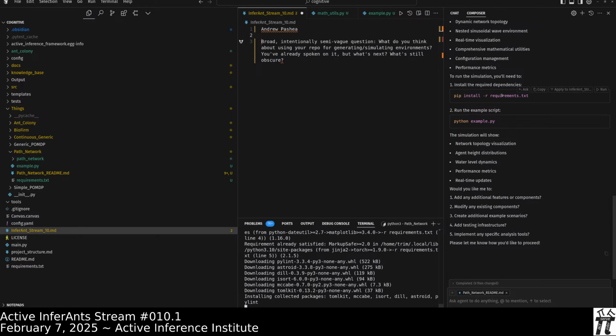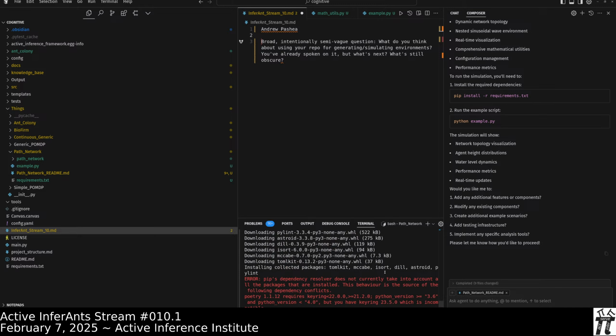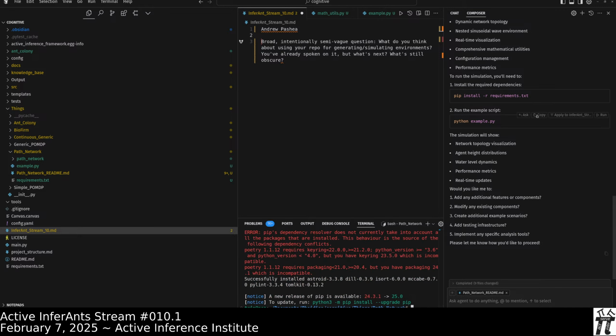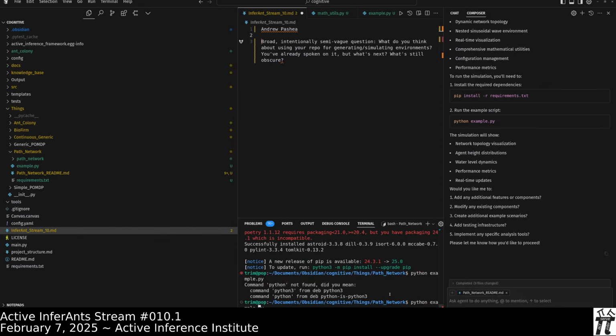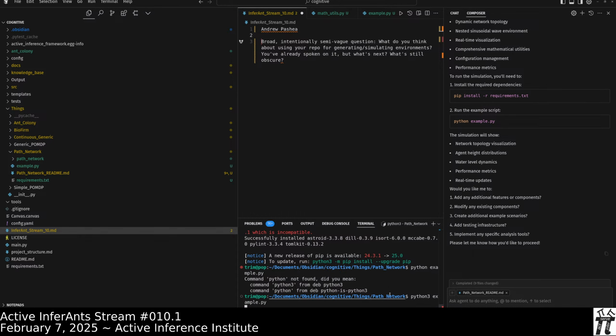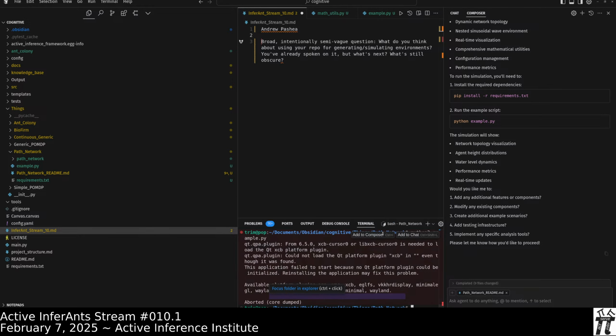Just running the requirements installation script. Okay, looks like either it's not going to work or it will work. And the example. Okay. Oh, Python 3. Okay.